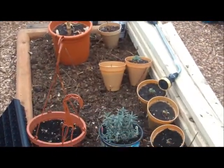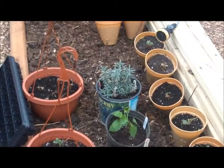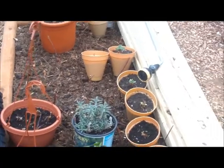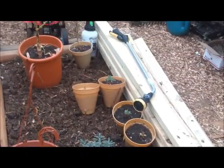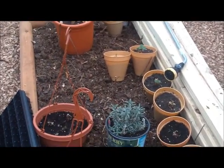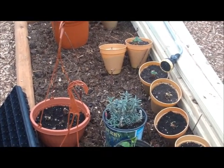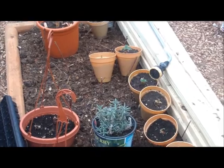I've got a bed here in the middle of the greenhouse that I plan on putting peppers and tomatoes in during the summer. Right now I just got a bunch of pots sitting in it. I had some blackberry starts that somebody sent me, and I put them in there and they didn't do nothing. So anyway,